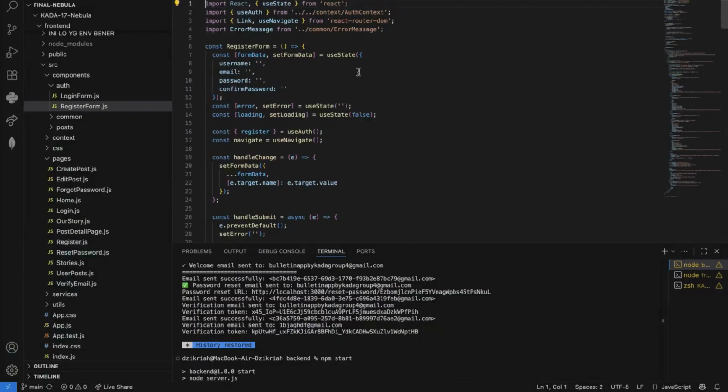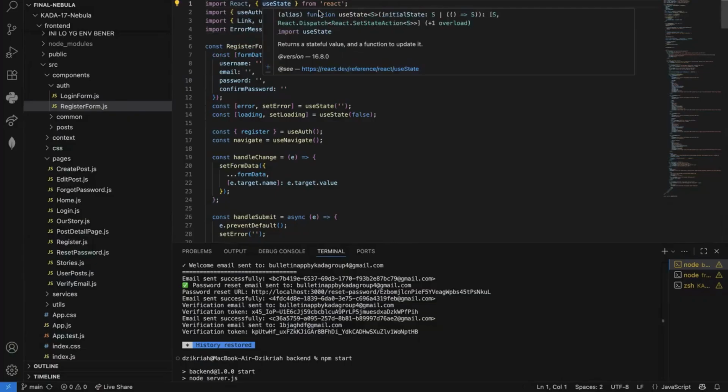This is the register form component, which previously we typed the form for the username, email, password, and also the confirm password. So in here, you can see that I use the React useState. This is for the component to manage internal state like form data and error messages.